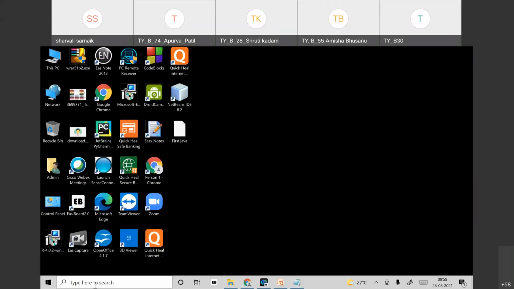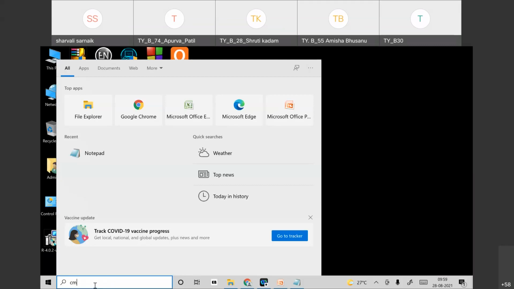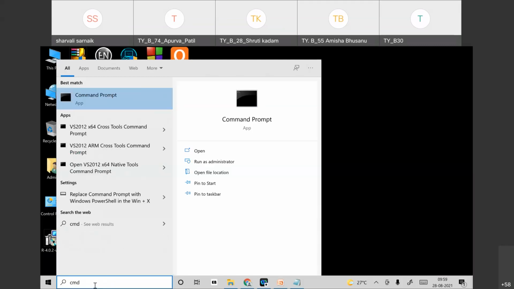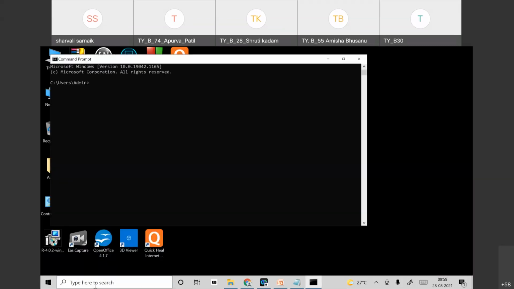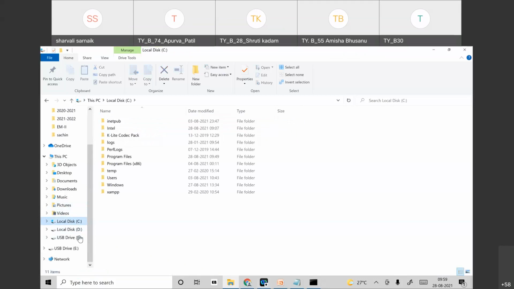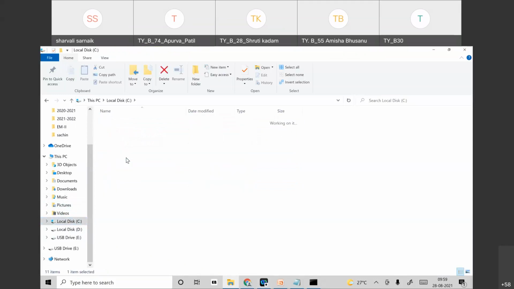Now, for compilation, open your command prompt. For this command prompt, you need to set the path of Java. So how to set the path of Java? Go in your C drive, okay? In that, click on program files.